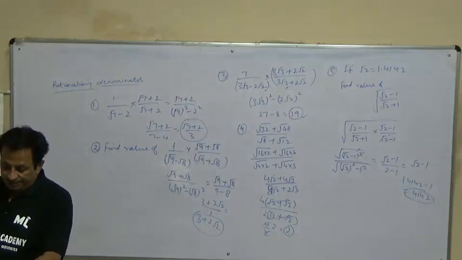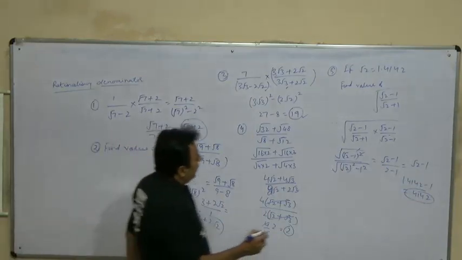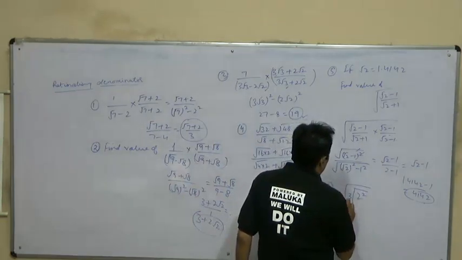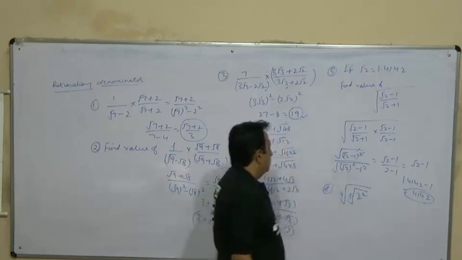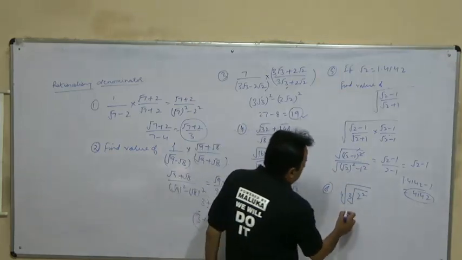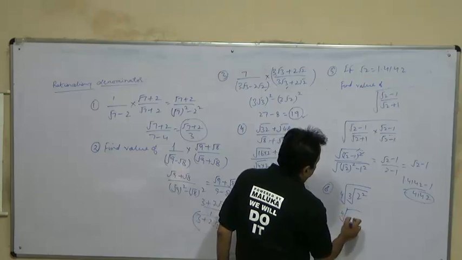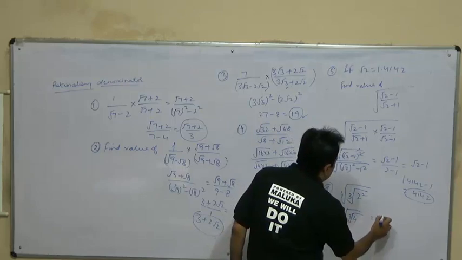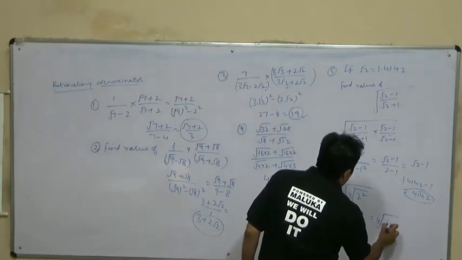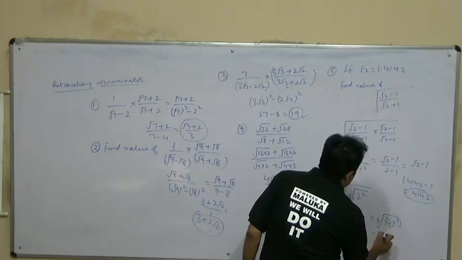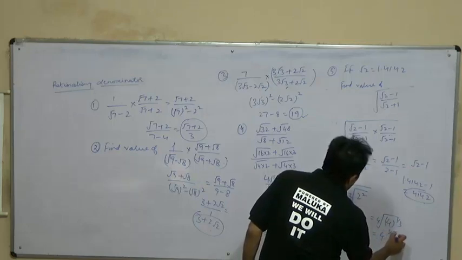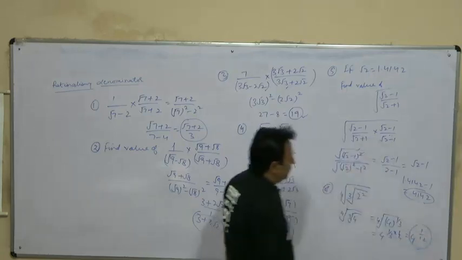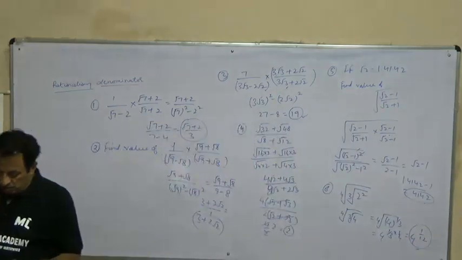Then next is, we want to find the value of 2 square cube root, then whole power 1/4. So this will be 4th root of cube root of 4. This is 4th root of 4 raised to power 1 by 3, and this is 4 raised to power 1 by 3 into 1 by 4, which is 4 raised to power 1 by 12. So this is the required answer which you want to find in this.